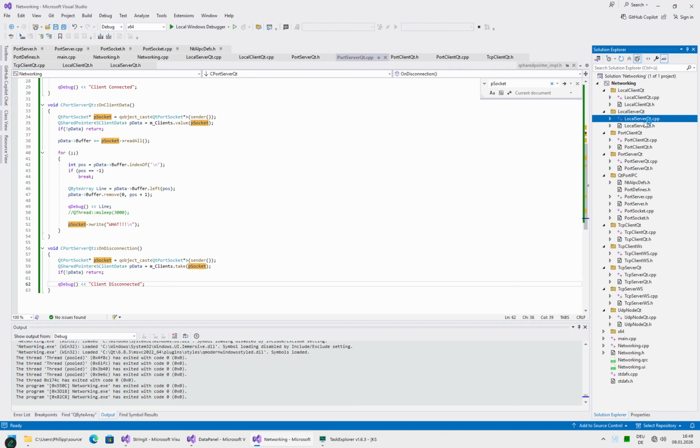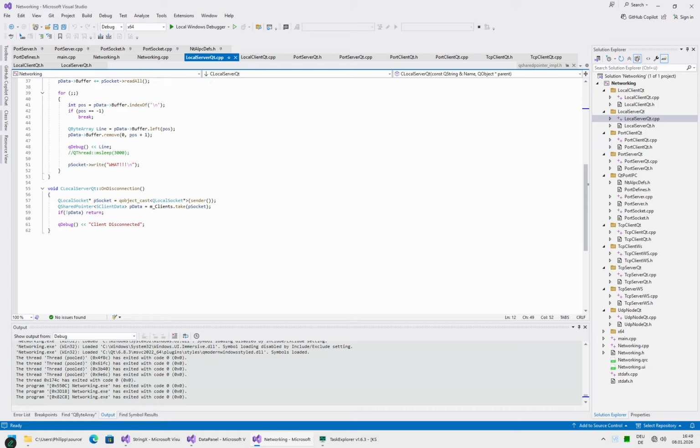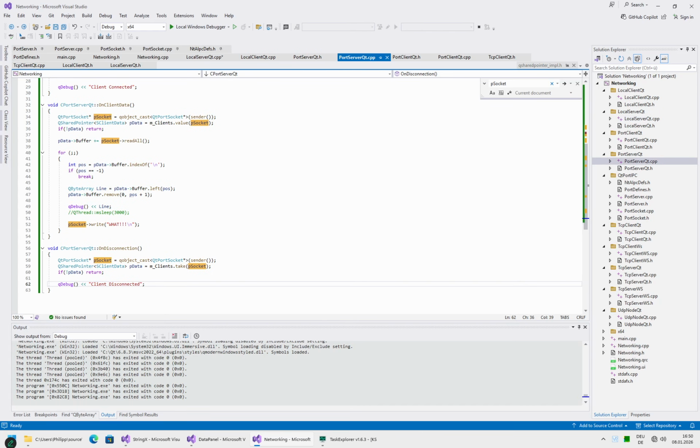But in the local server implementation here, we are missing a delete later instruction on this thing. So it will not be quite a drop-in replacement unless we find a nice solution to the object tracking issue. The proper solution would be just to have a proxy object which then will be properly handled and will be